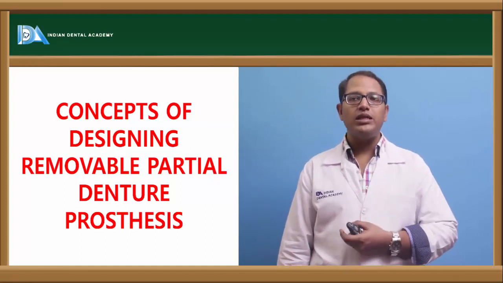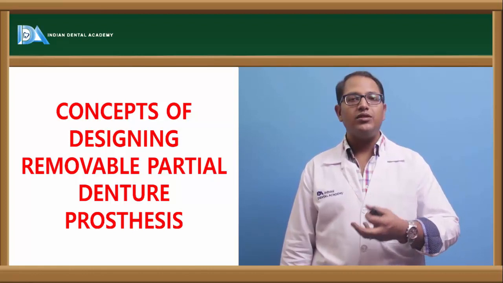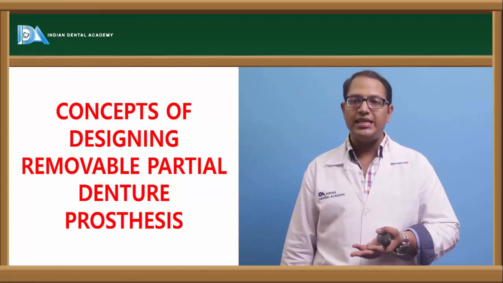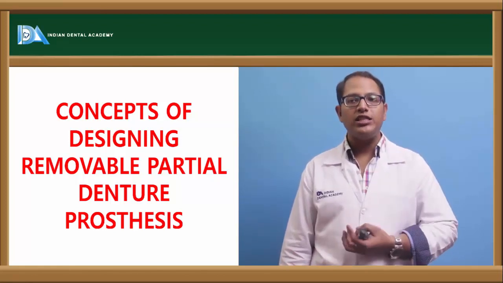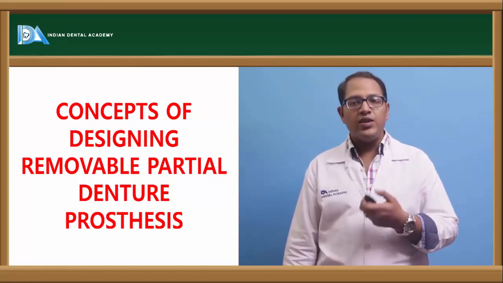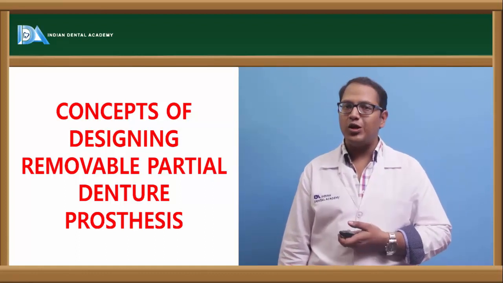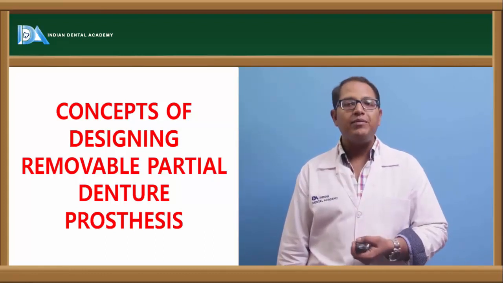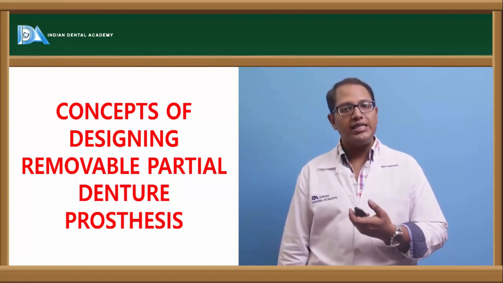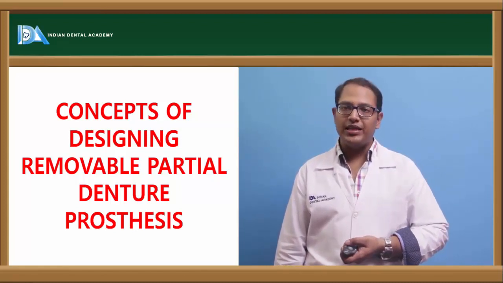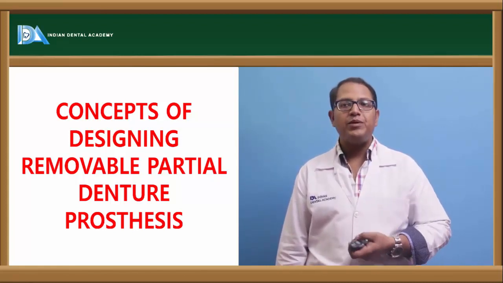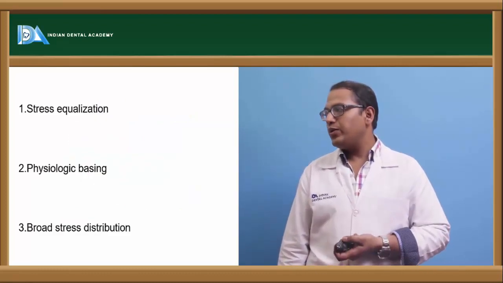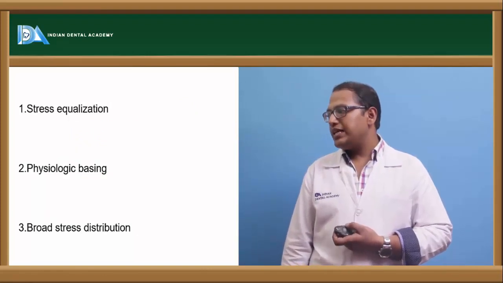It was first expounded by A.H. Smith in the year 1956, and it was then accomplished with the help of his own studies, in which mechanical and biological principles were also applied. As we now know, the functional impression is also important for a two-tissue supported removable partial denture. This enables the teeth and the soft tissue to withstand the forces that take place during functioning. Now the basic principles that came across were three different physiologic designs, that is stress equalization, physiologic basing and broad